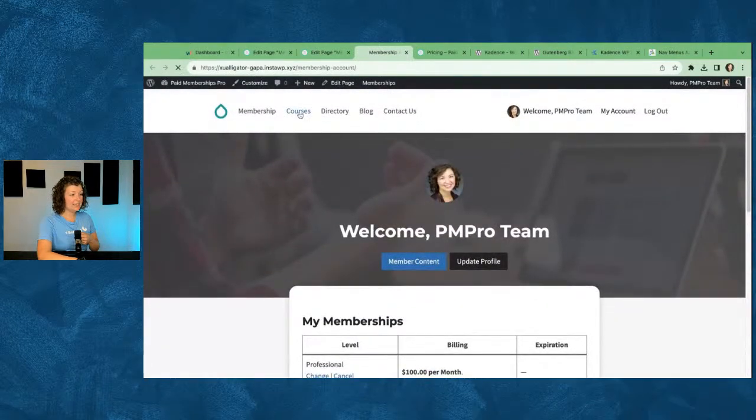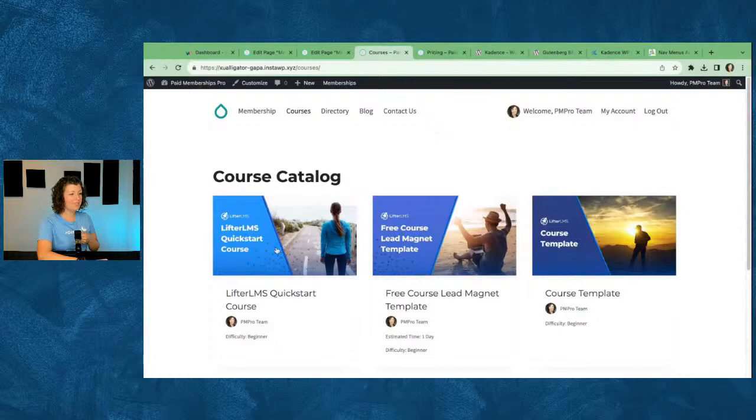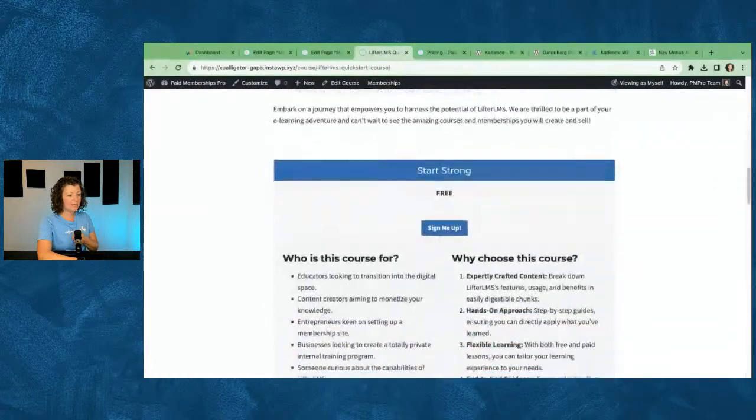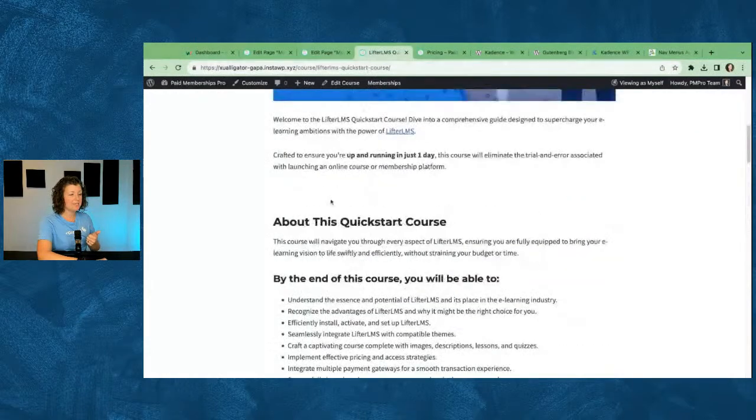That's that. What else is going on with this site? We did use LifterLMS for the courses section of the site. So Kadence does have a lot of support for LifterLMS. It actually even has